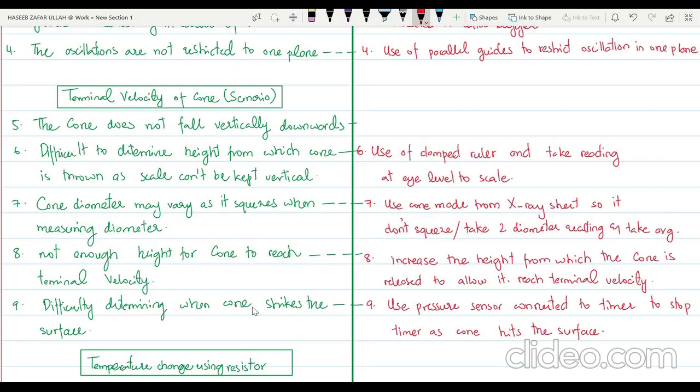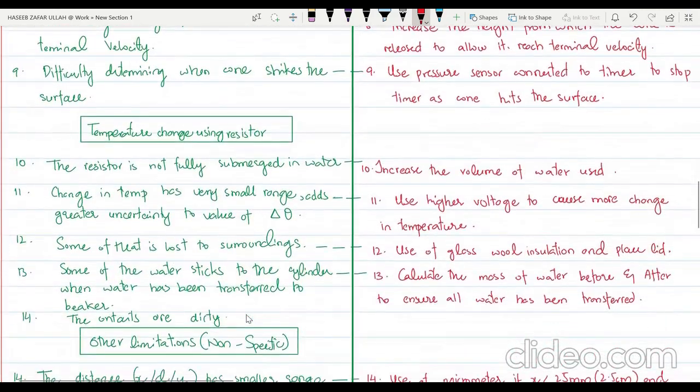surface. Another scenario that can be asked is temperature change using the resistor. For example, you are submerging a resistor in some water, and then this resistor gives off some heat, and you are measuring that heat that is being dissipated in the water. So the resistor is not fully submerged in water. This can be one of the errors, as some of the heat, not all the heat, can be transferred. So what you can do is increase the volume of the water